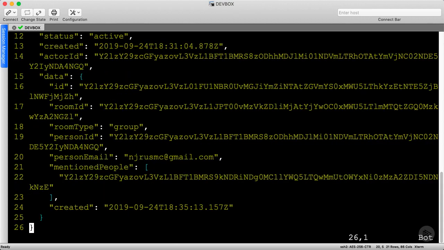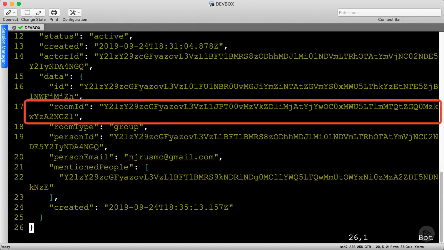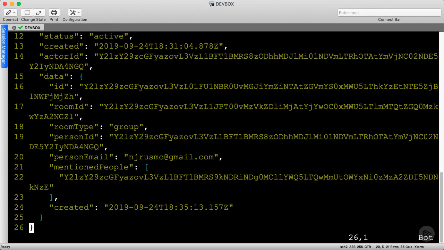The webhook contains some metadata about the message, but not the text itself for security reasons. We'll grab the text later, but for now, we can see the message came from my email. The mentioned people list contains the bot's person ID. Although you can't really see it, the room ID is a GlobalMantics-specific chat room I built with my personal WebEx Teams account. Let's get back to the script